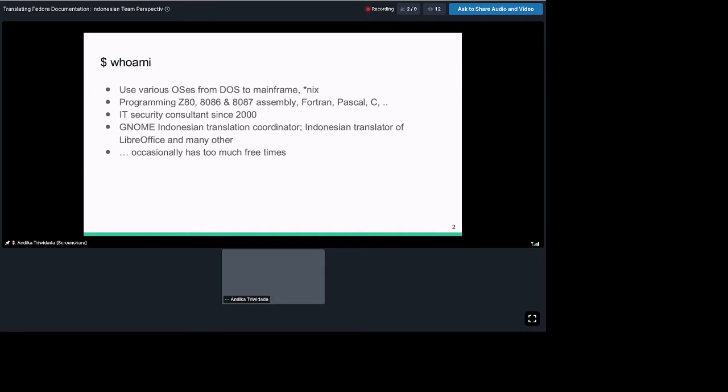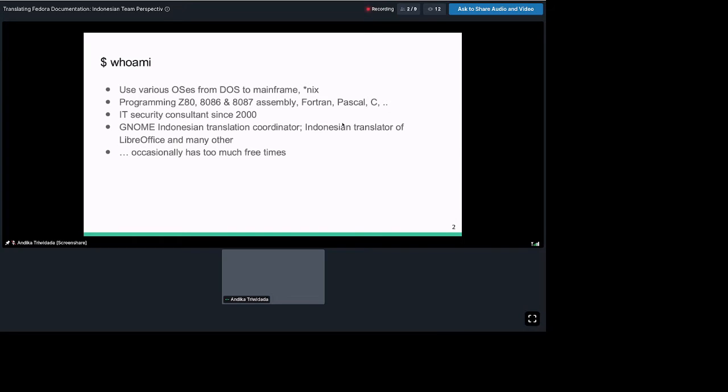So I'm currently the GNOME Indonesian Translation Coordinator, and I'm also active in translating LibreOffice and many others, because sometimes I have too much free time, so I do translation in my free time.